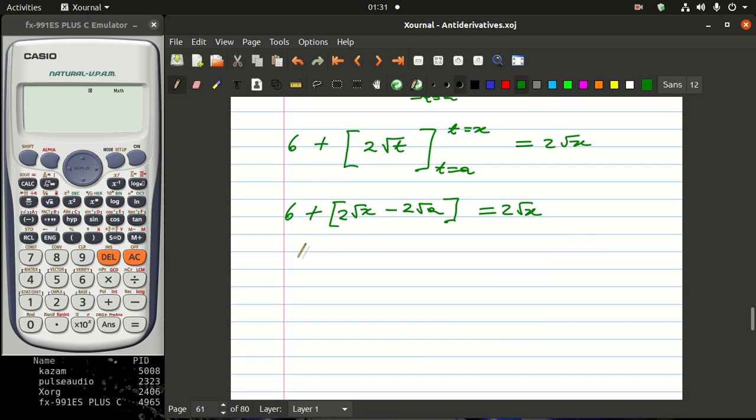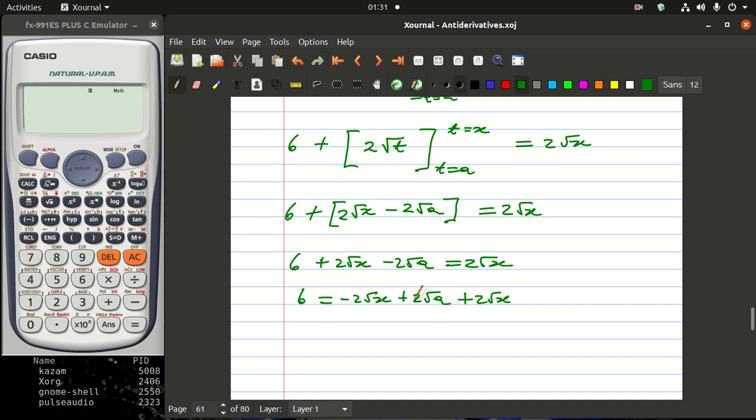So you have 6 plus 2 root x minus 2 root a is equal to 2 root x. I am going to take everything to the other side and leave a 6 alone. So I have a 6 is equal to, this was positive that side, so it's going to be negative there, 2 root x. And then this one was negative, that side is going to be positive, 2 root a. And then this one is still on the same side, so it's plus 2 root x. This plus and negative, these two will cancel out, and you are left with 6 is equal to 2 root